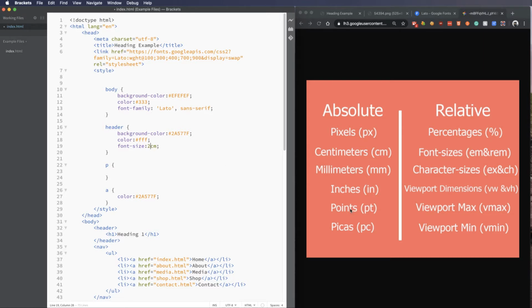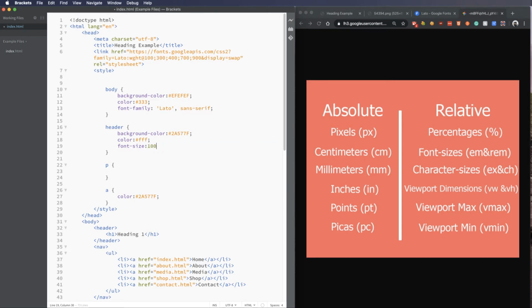You probably got used to those in Microsoft Word, for example. They typically run their fonts at like 11 point size, or picas if you've used those before. But these are all absolute, and they're going to show up different on different monitors, and so that could be a big problem. So we really want to move into relative